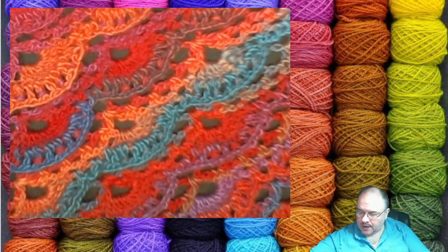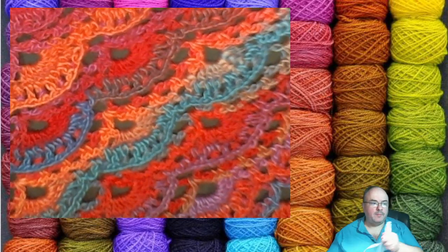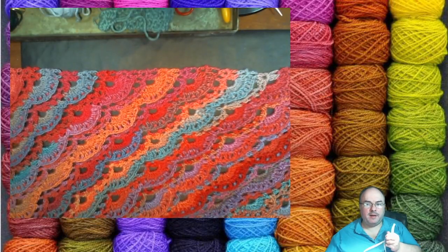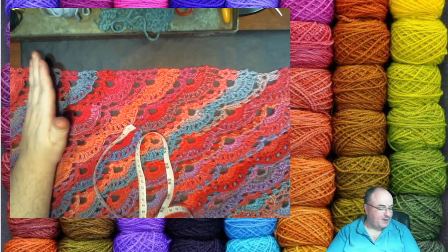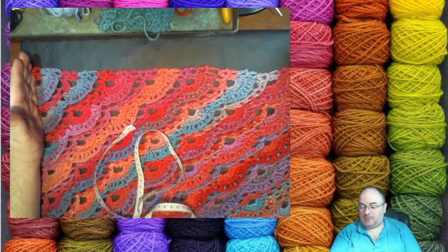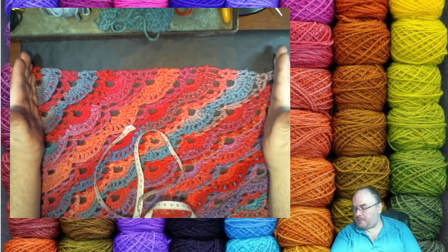And we're about 64 inches wide. Well, I can't get it all in frame. That's all I can get. And that's from here, which we've got a couple inches to the left, and over to the right. Well, actually, to the right, we probably got another foot